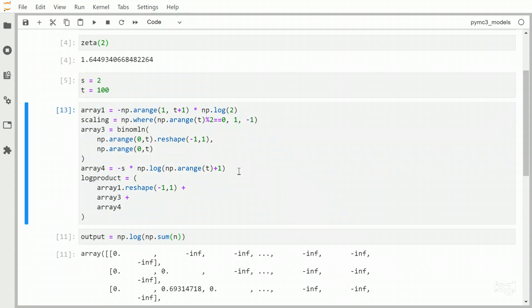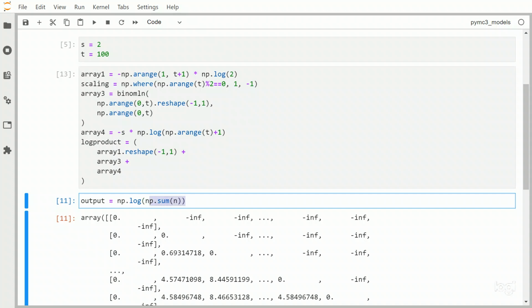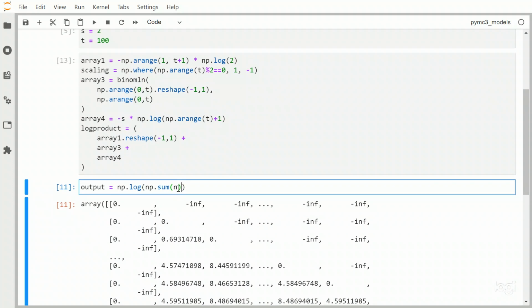Okay, and then we can think about the scaling in a moment, and then we can calculate the output as well. We exponentiate the log product, so we move that into normal non-log space, and then we multiply that by the scaling,